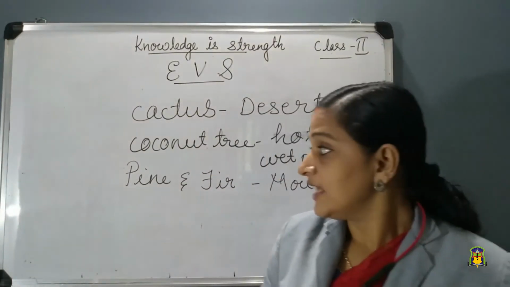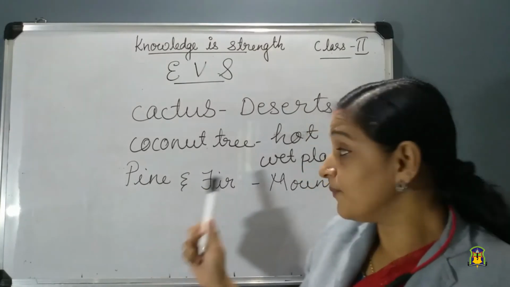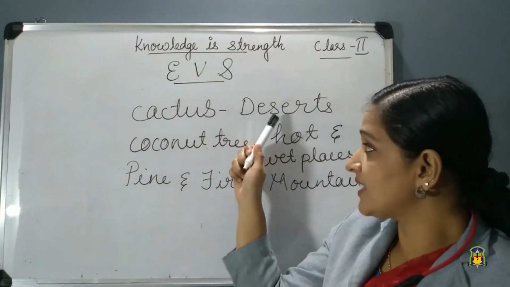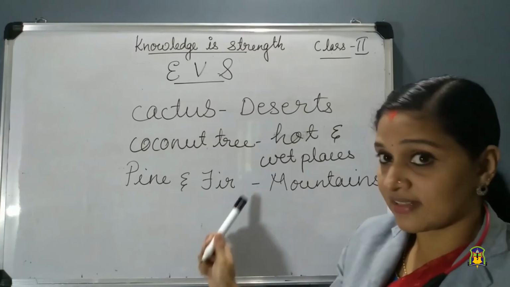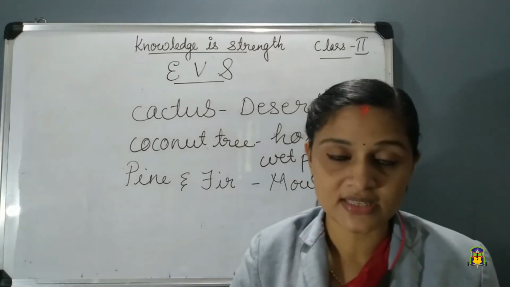Okay, so these are the special plants we can see in different places. Cactus plant we can see in deserts, then coconut tree in hot and wet areas near the sea, also pine and fir trees we can see on the mountains. Okay, so